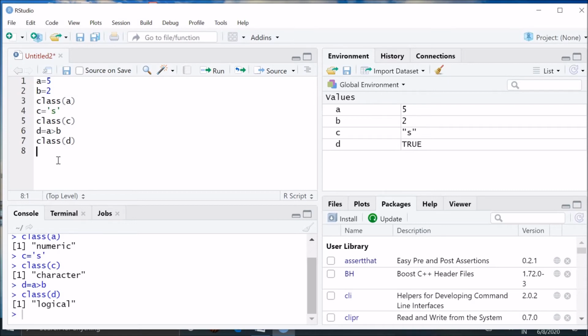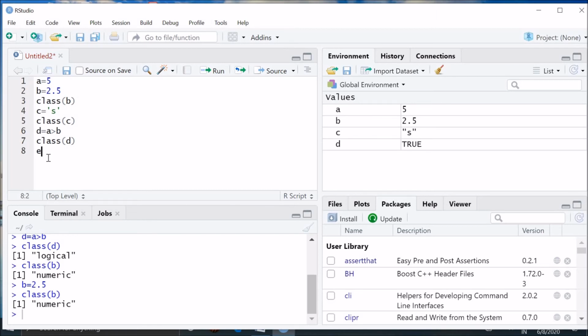For example, class of B is numeric. If we want to change the value, we can make it a decimal one. As you can see, B has the updated value 2.5, and now class of B is the same, numeric.